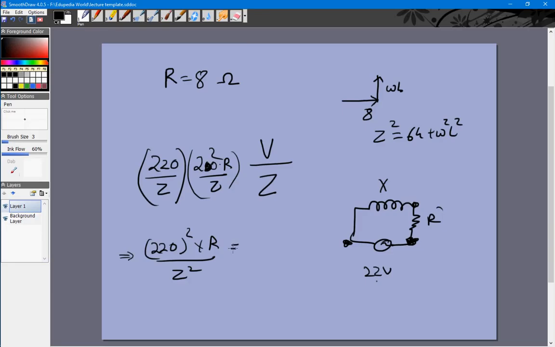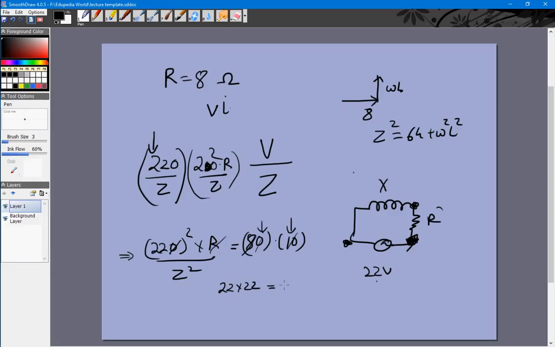Before we had VI as 80 into 10, right? So 80 into 10. Earlier this was the potential, this was the current. Now 220 by Z will be the current through it, and 220 into R by Z will be the potential across it. These two values should be the same. We can have a 10 cancel with this, and we'll have 22 into 22, this 8 will cancel, is equal